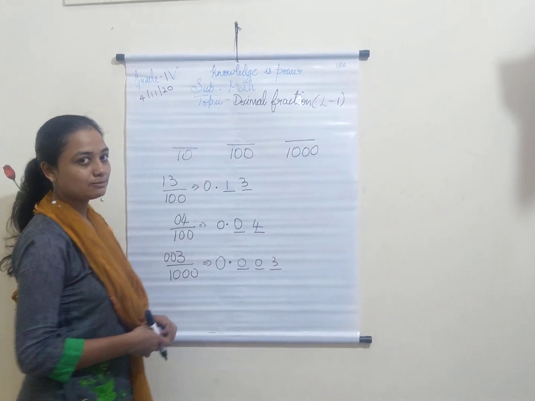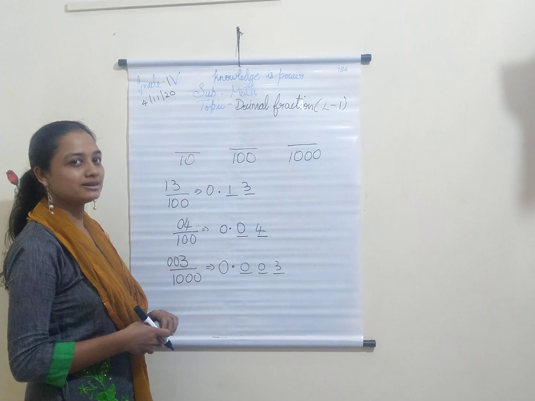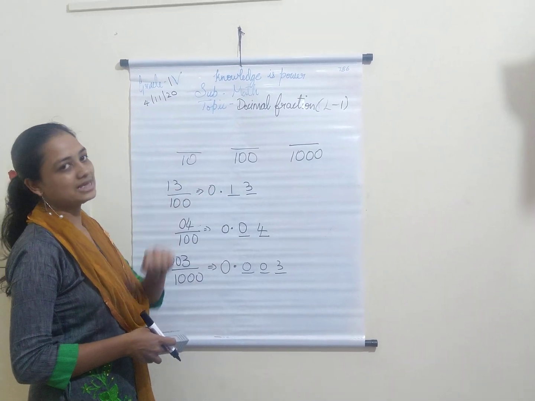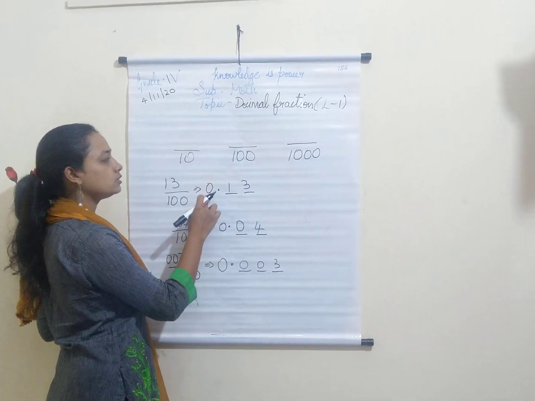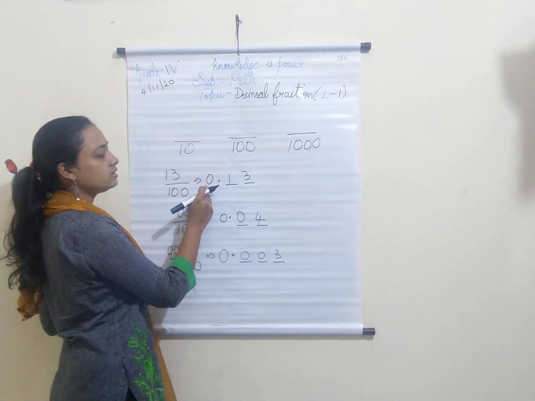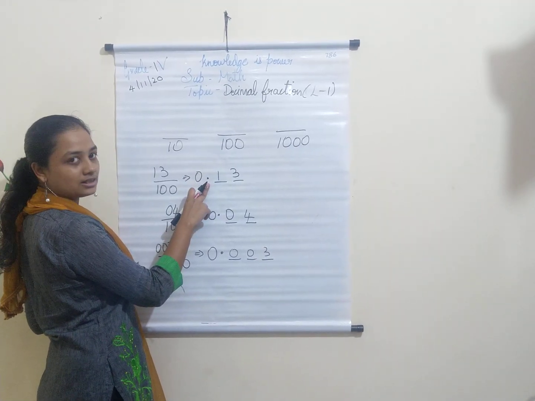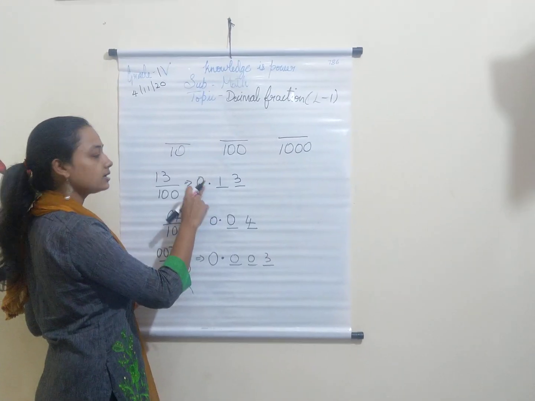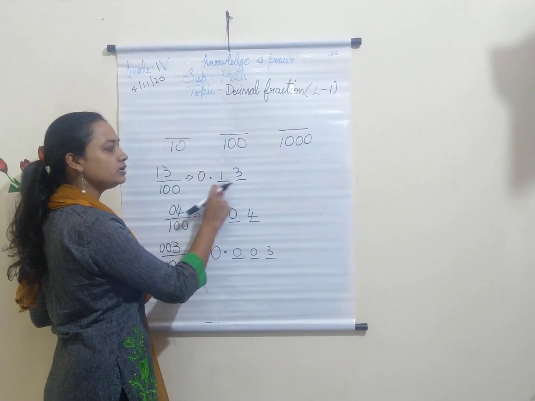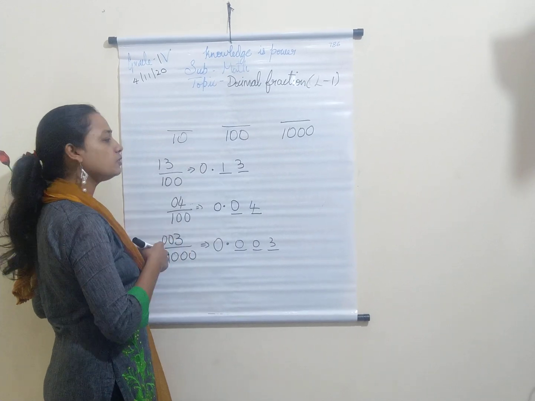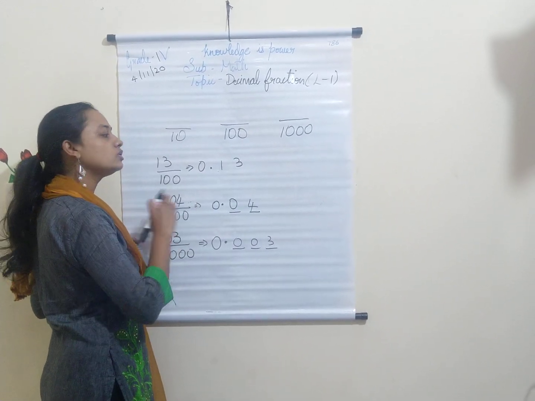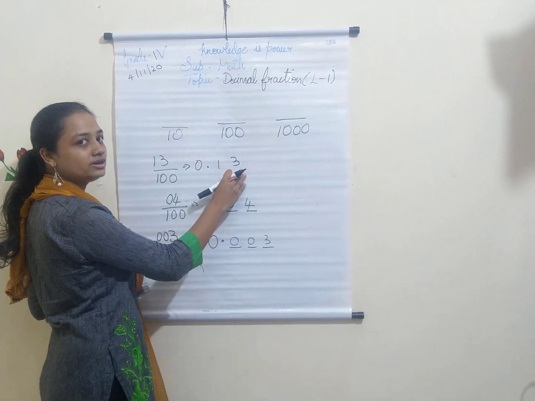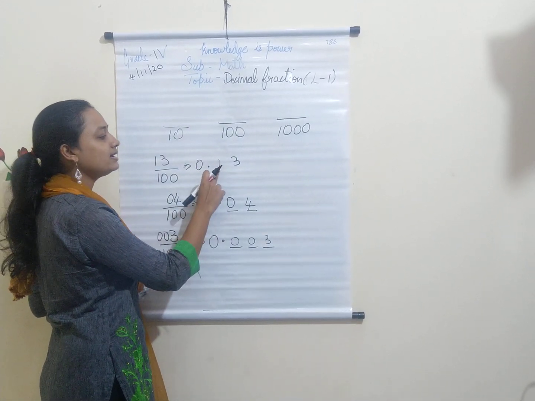Before going for the exercise part, one more point to be clear, that is how to read the decimals. So how do you read this number? Normally, how do you read the number? 0 and this is a point. So you should read it as point. 0 point. Will you read it as 13? Yeah, you people read it as 13, but that is not correct. You should not read it as 13. You should read it as 0.13,